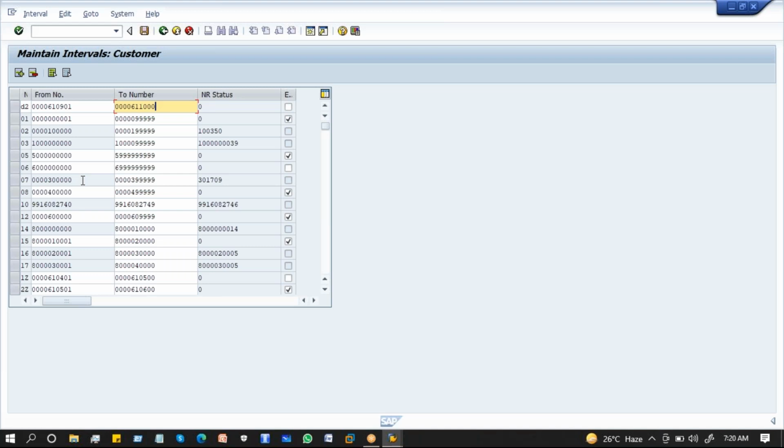During the live project, for sold-to party, we give 0 to 1 lakh. For ship-to party, we give 2 lakhs to 3 lakhs. For bill-to party, we give 3 lakhs to 4 lakhs. For payer, we give 4 lakh to 5 lakhs,